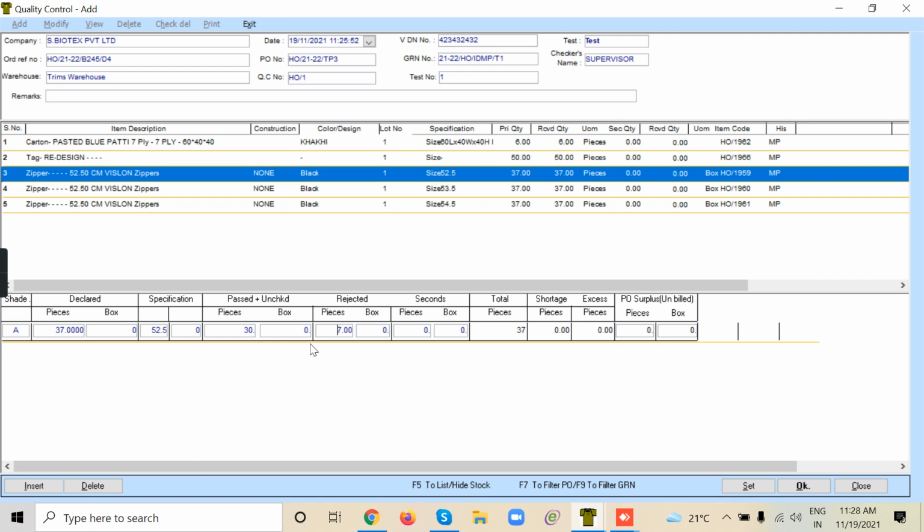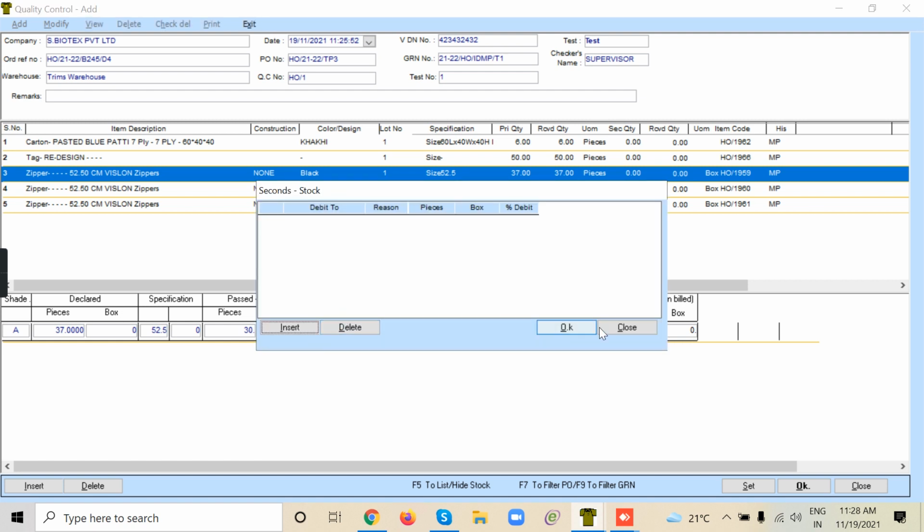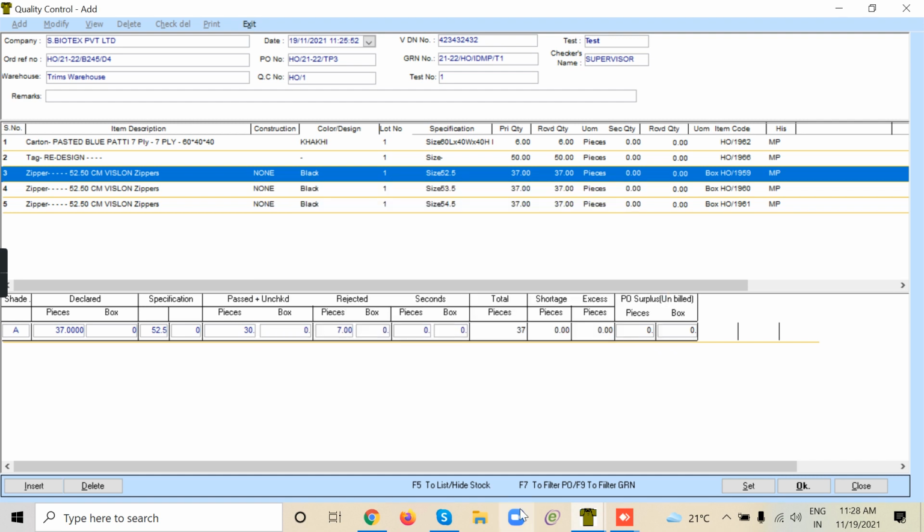And one more thing, you have to say to whom it should be returned or debited. So its name may come automatically, because it is from whom we received. Sometimes after dyeing, you want to reject the material, but the rejection is not due to dyeing, it may be due to the stentering process or washing process. In that case, you have to select another supplier, the previous supplier, not the current supplier. That is why you have to choose the supplier there.